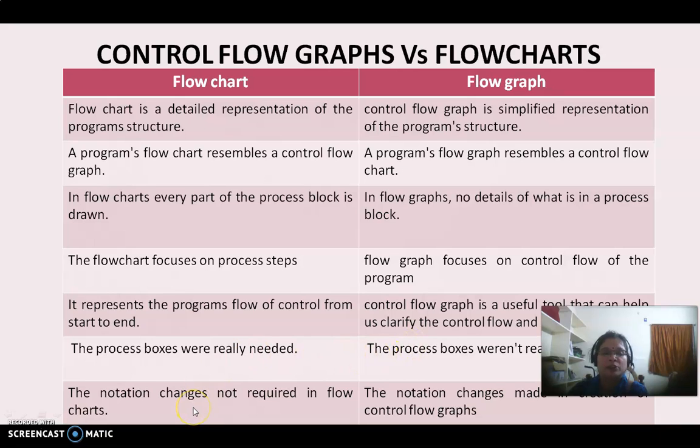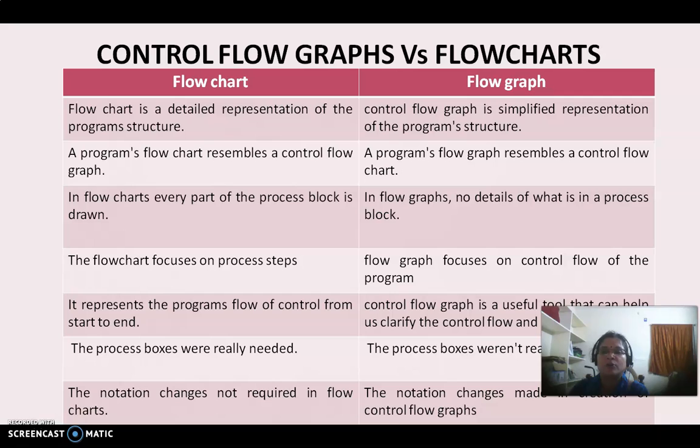The next one: notation changes are not required in flowcharts, whereas notation changes are made in the creation of control flow graphs. So like this, the control flow graph is completely differentiated from the flowchart. The flowchart represents the processing steps and process blocks, and how the process flows from the program's start to the end.